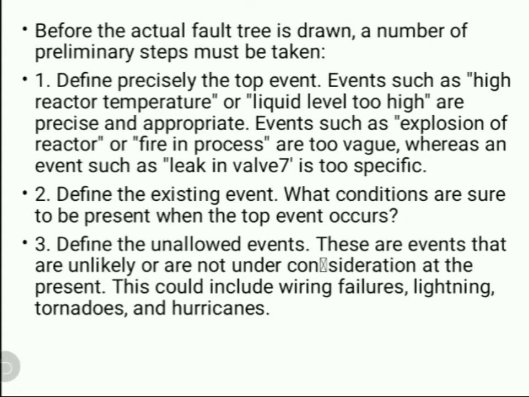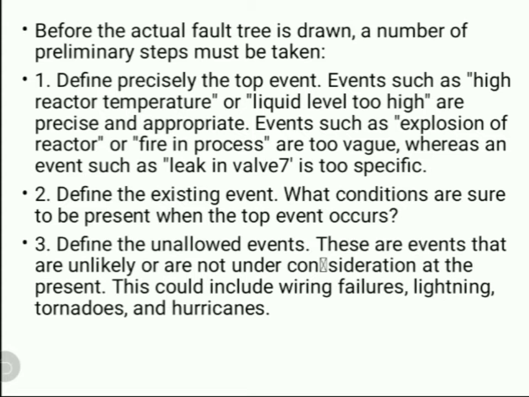Before the actual fault trees are drawn, a number of steps are defined. First we have to define the top event. Generally in the chemical industry we can write top events such as high reactor temperature or liquid level too high. These are the accidents that happened or the hazards that we write on the top.